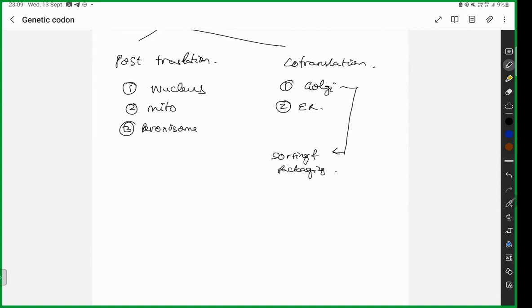What it does is, okay, there are two things. If there is a tag, what it is going to do is add a tag called mannose. Just this is an example. It adds a tag called mannose 6-phosphate. The one who adds this tag, mannose 6-phosphate, is nothing but GlcNAc phosphotransferase. He is going to add the mannose 6-phosphate to the protein.